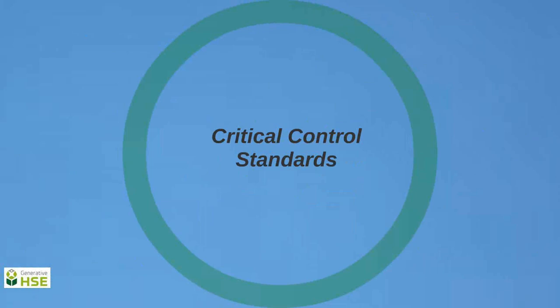The control standards are very important because if they're established and followed properly, they will detect a weakness or fault within the critical control. For example, over time tasks may change due to new equipment or other factors, and these changes may erode the effectiveness of a particular control. The critical control standards detect the change in control effectiveness and guide the user on how to remedy the issue. So we'll break this down a little further.